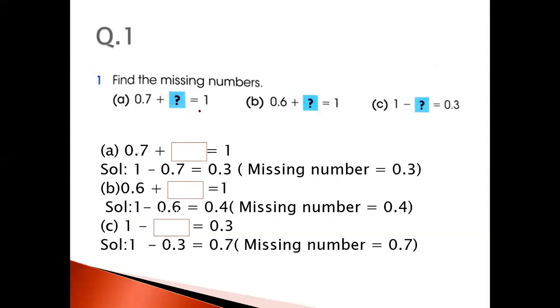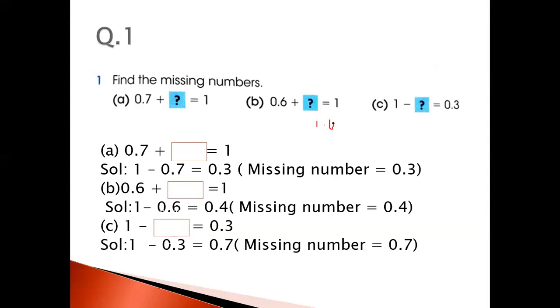You can see one is here, and I'm going to solve part A for you. In the beginning, you can see the symbol of equality is here, and this question is given to us in the form of an equation. Two numbers are given to us, one is missing. With the help of the two given numbers we will find the missing number. How can we find it? We know that one is here, we can write one in this way,